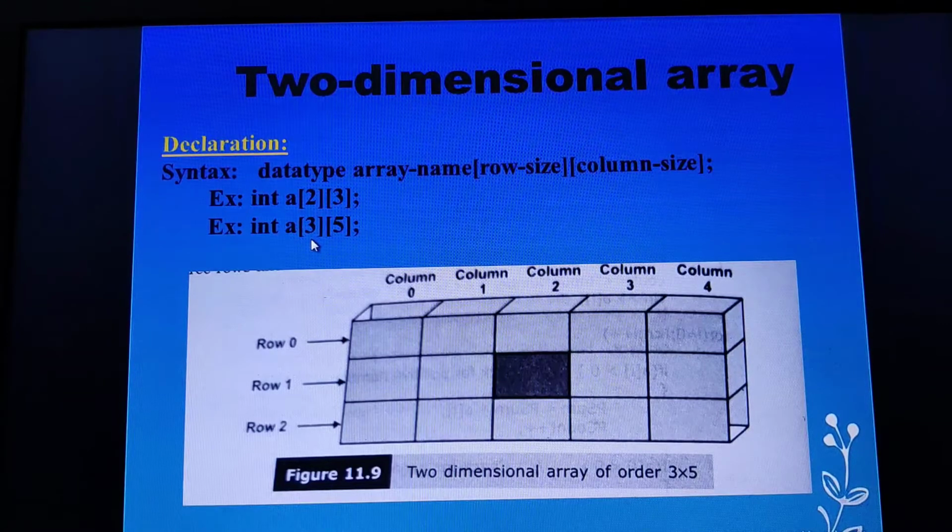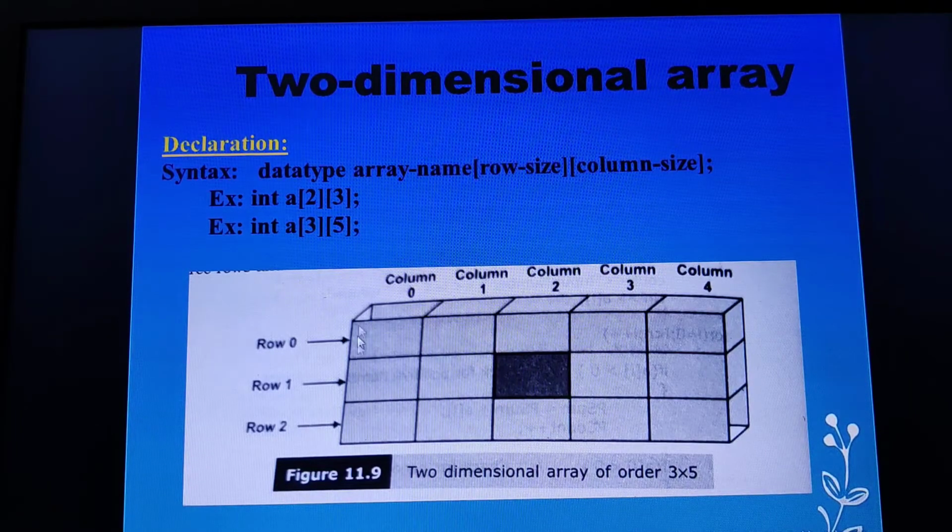Now how is the representation of two-dimensional arrays done? Look at this particular figure. These represent the columns. The elements of a two-dimensional array are represented in terms of rows and columns.